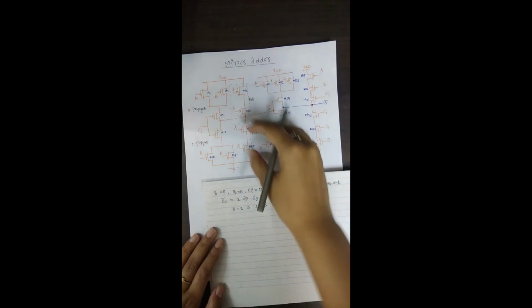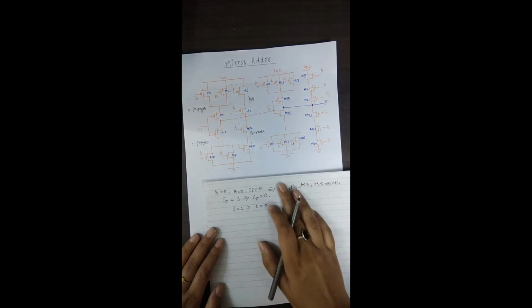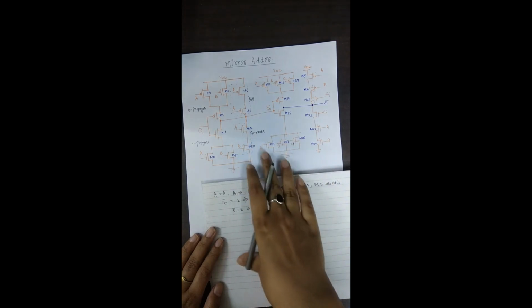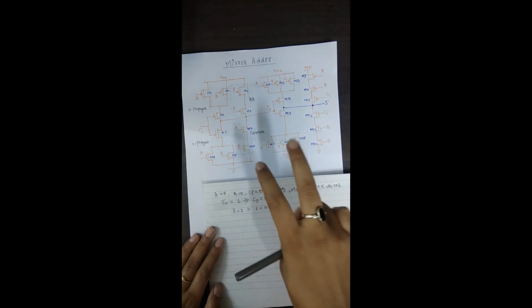So now we are talking about some advantages of the mirror adder. Because it is a symmetric circuit, the NMOS and the PMOS chains are completely symmetrical, and only a maximum of 2 series transistors can be observed in the carry generation circuitry. So we only require 2 series transistors for the carry generation. And the main disadvantage of this is